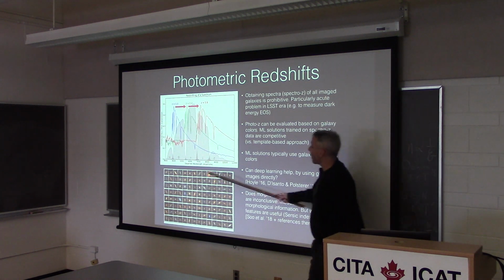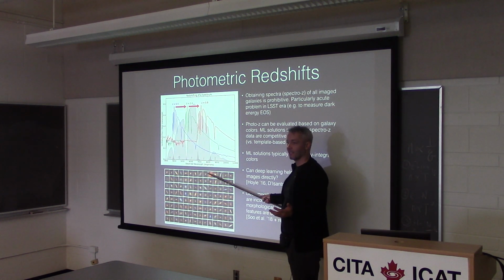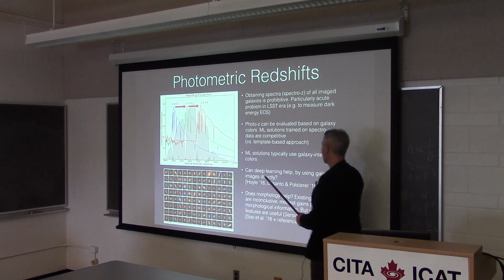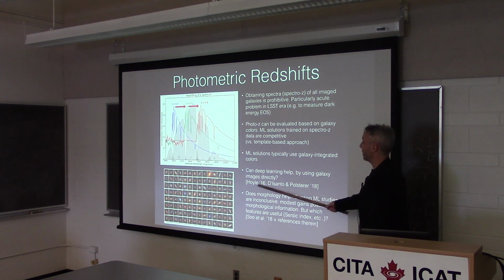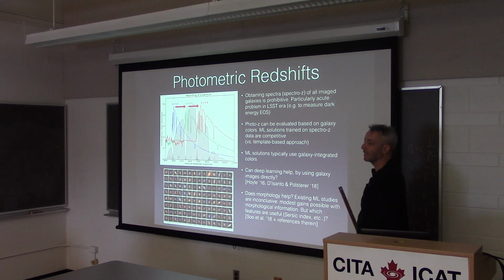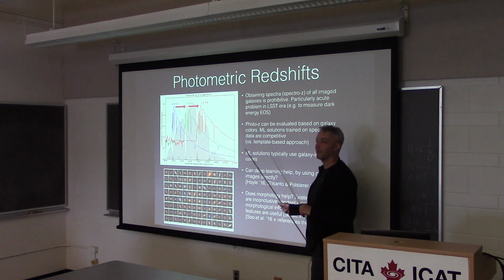So clearly, there is more information in the images. There is all the information in the images. Can you use it to actually do better photo-z? People have tried. There are actually a couple of papers I know, and they basically didn't get that impressive results. I'd say nothing that really seemed to improve on the standard solution, as far as I can tell from the